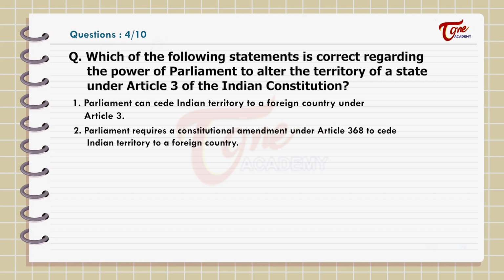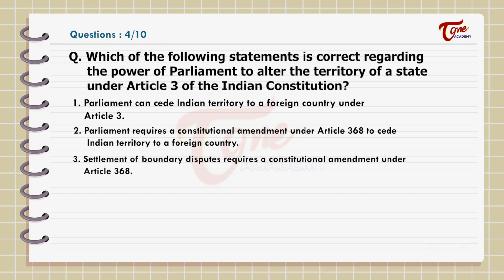Parliament requires a constitutional amendment under Article 368 to cede Indian territory to a foreign country. 3. Settlement of boundary disputes requires a constitutional amendment under Article 368. 4. Parliament cannot diminish the area of any state under Article 3. The correct answer is